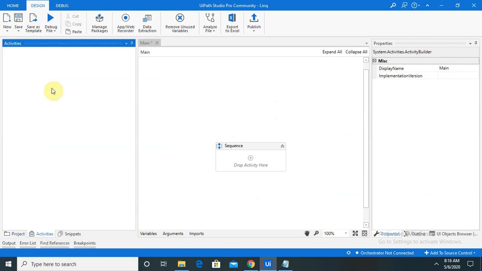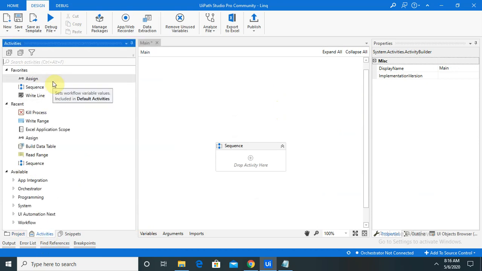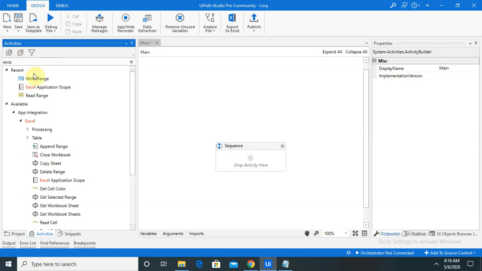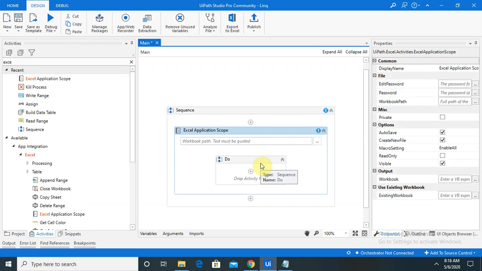Let's go to activities and drag the Excel application scope. In that Excel application scope, you have to mention the path of your Excel sheet. So here is our Excel application scope. There are a few challenges here as well, and I will explain how to tackle them at the time of your scripting, or whenever you are writing your own code for your requirement.